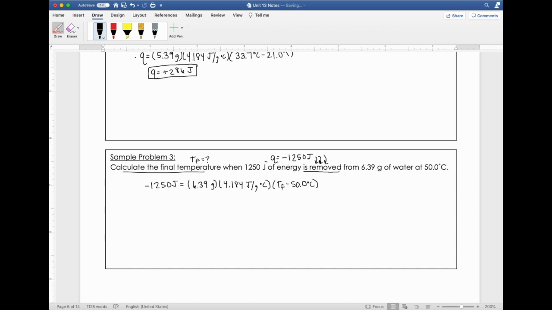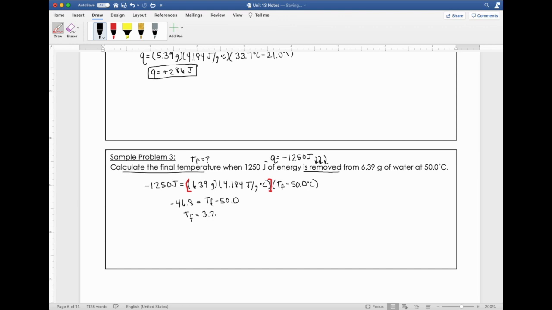The way I like to do this is I like to isolate this part first, by multiplying this whole section first, and then I'll divide it by what's over here. So when I do that, I get a value of negative 46.8. And I'm going to set that equal to TF minus 50. I like to take it step by step for these because it is very easy to get tripped up on just the math. Solve for final temperature. I'm going to add 50 to both sides, and you should find TF is equal to